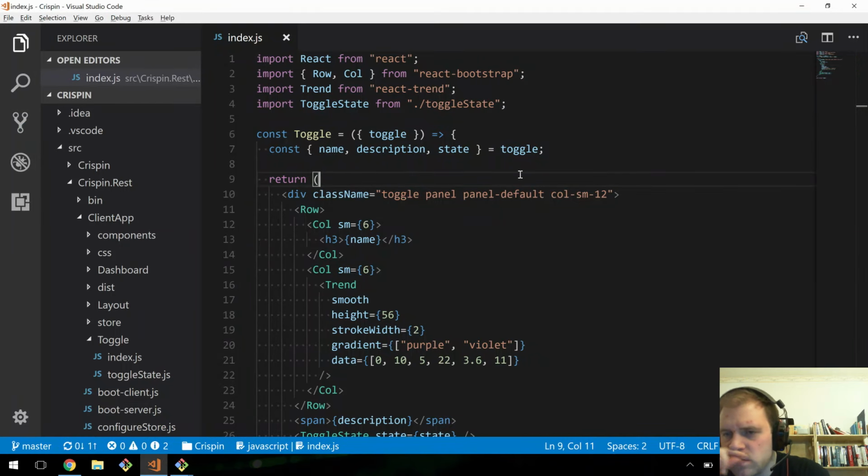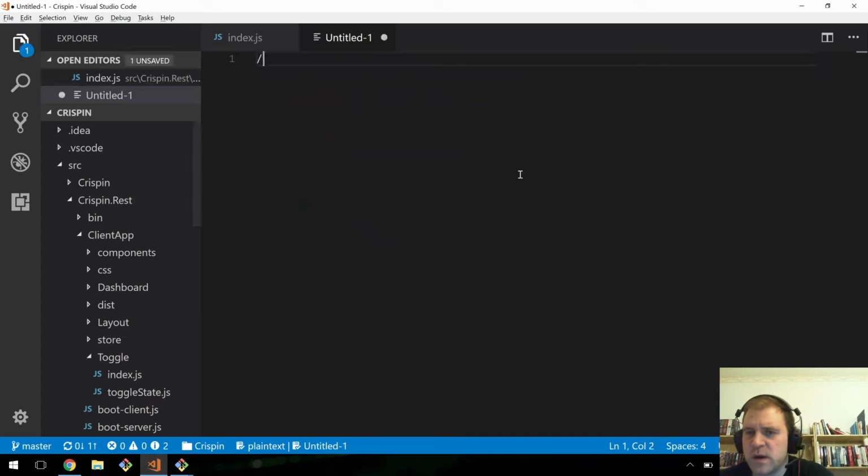Now I've got a vague thought about the data for this, in that what I shall do is make an endpoint called something like stats, and that will return a JSON object or a JSON array. No, let's do an object, I think. We'll return an object of like toggle ID 1,